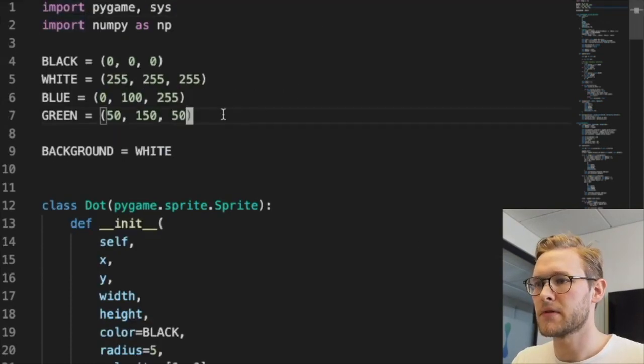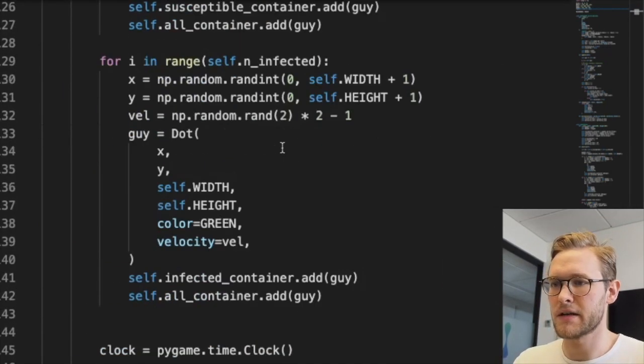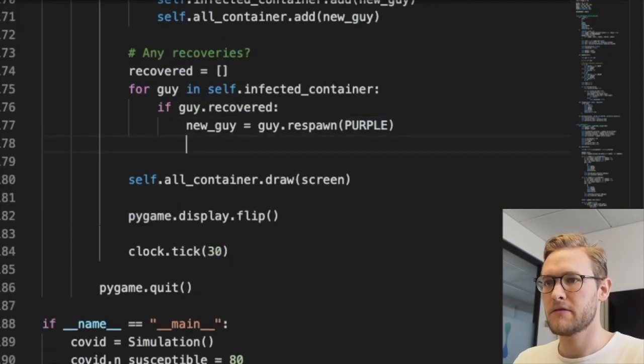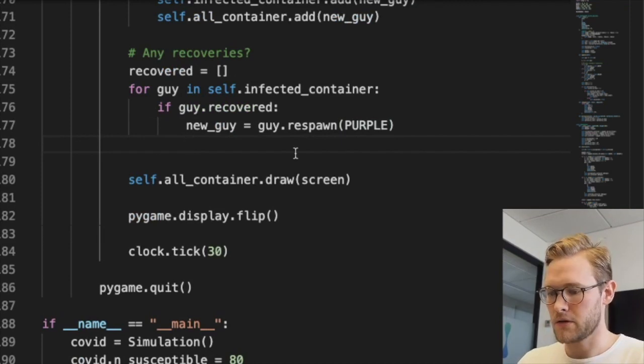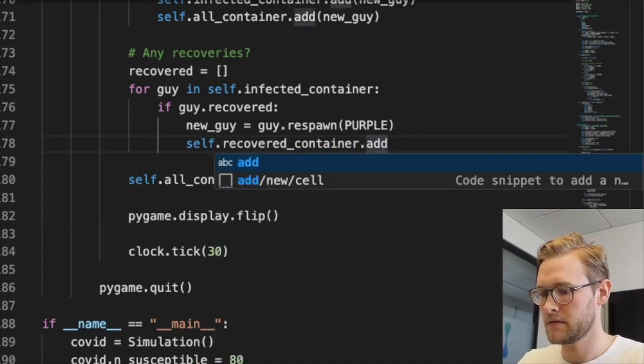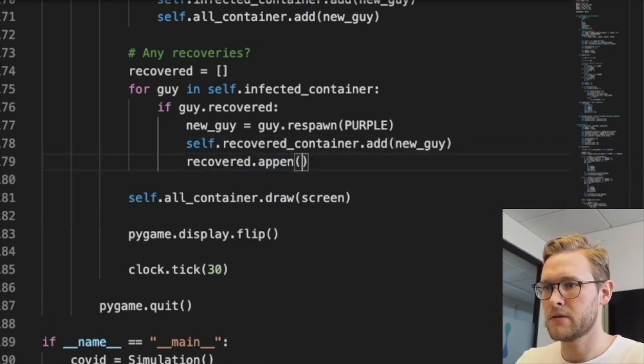A nice purple color is 130, 0, 130. Almost there until we can test our game, which will be very non-interactive, but still, okay. So we make a new purple guy. Yeah, so we need to add the new guys to the recovered container. Dot add